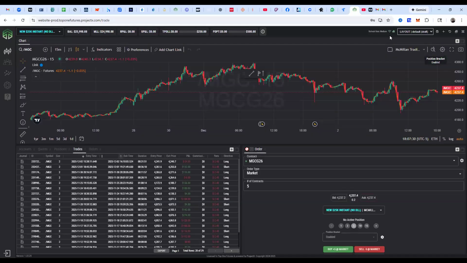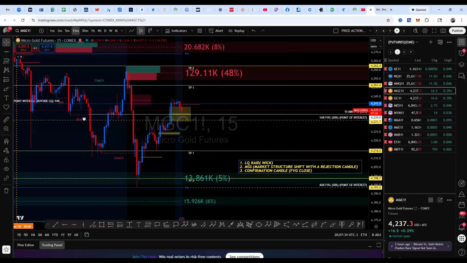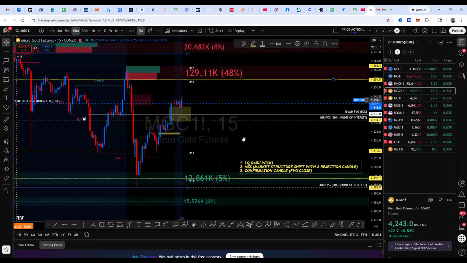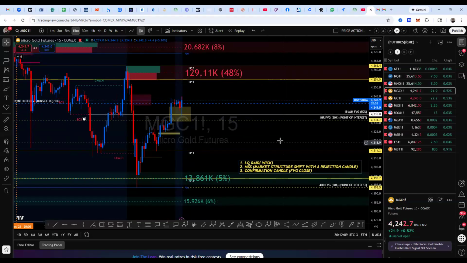Volume probably isn't going to set in until 8 o'clock, so you want to wait until then. I might still wait until 8 o'clock, but this looks like a wick here, a liquidity raid wick here. So if this fair value gap closes and it validates this, I might take it up to here, maybe up to here. I think they put the TP movement here. That's what I'm thinking. I might take a shot on that, or I might just wait until 8 o'clock. So we'll see.